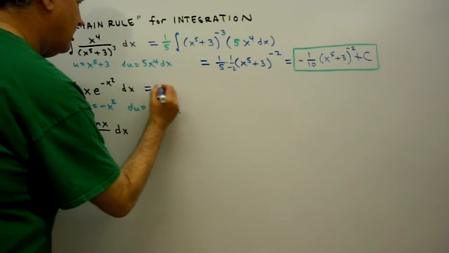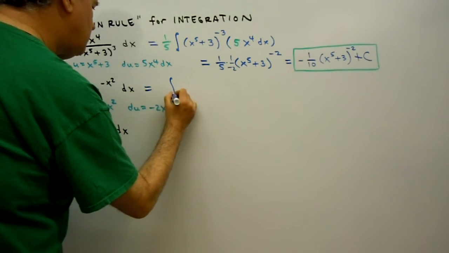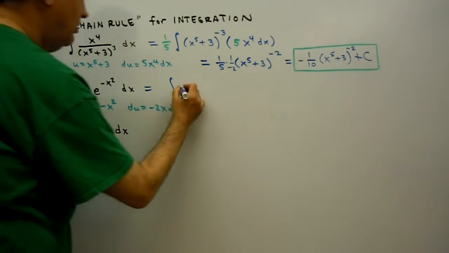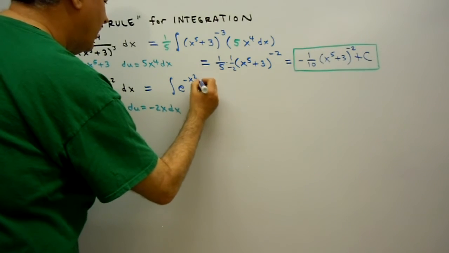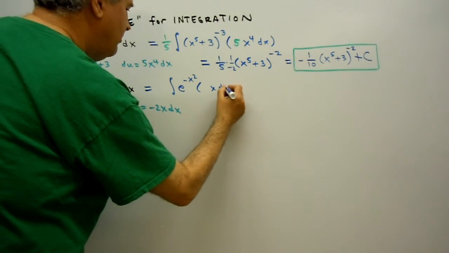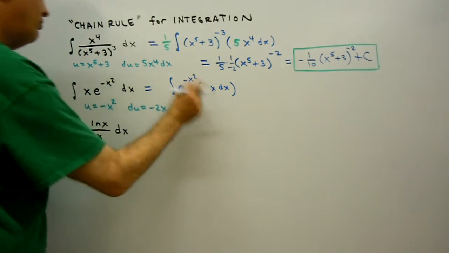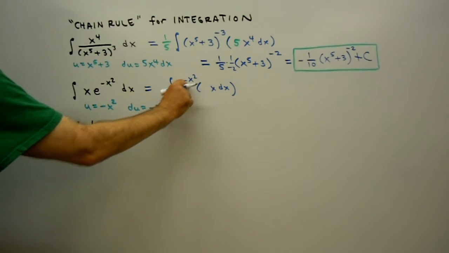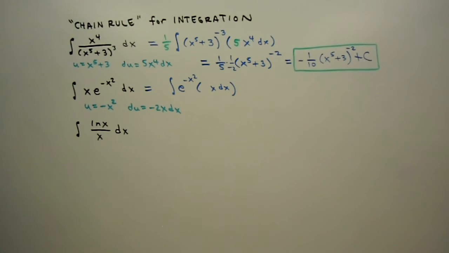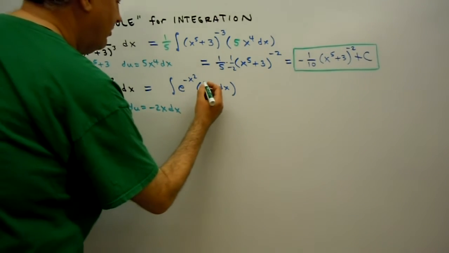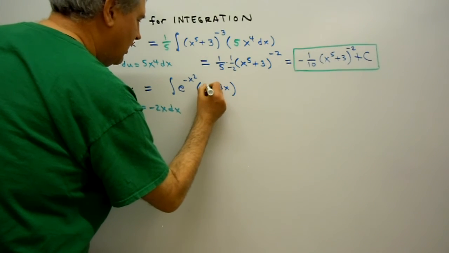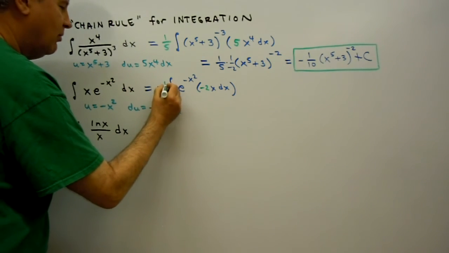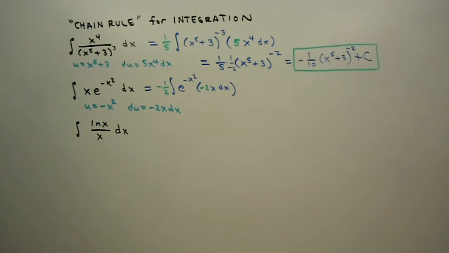So let me get that ready to do that. Integral of e to the negative x squared, x dx. I'm not changing anything. I'm just writing it in another order so we can better visualize the proper u in the du. So we do have negative x squared, but all we have is x. But as usual, we're good to just adjust it by a constant. We need the negative 2 there, adjust by the reciprocal, which is negative 1/2, and we're set